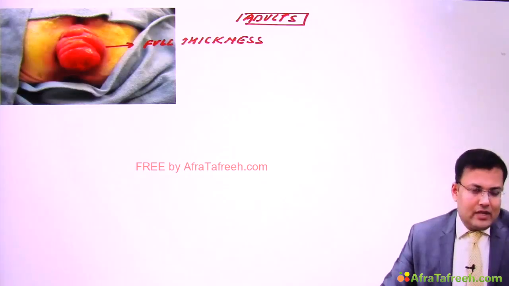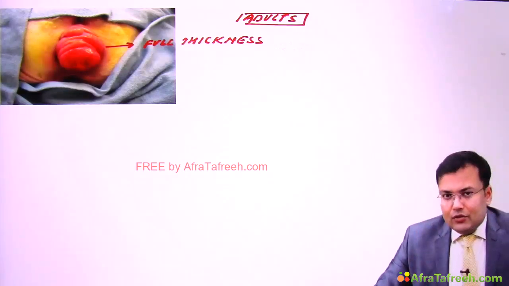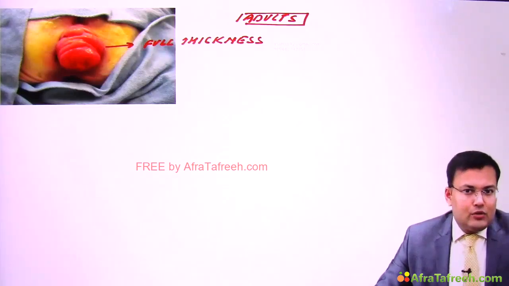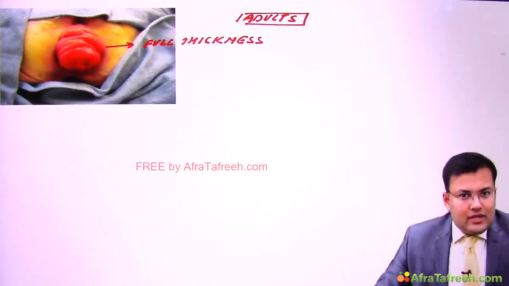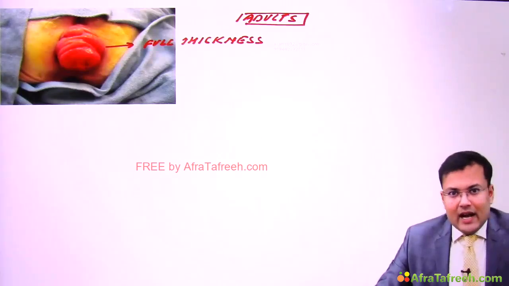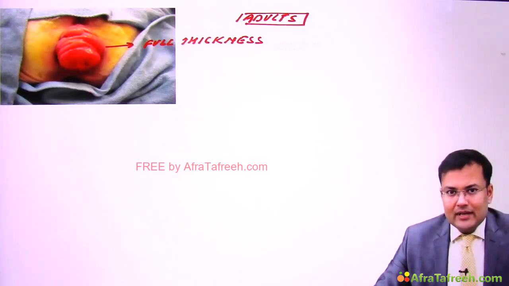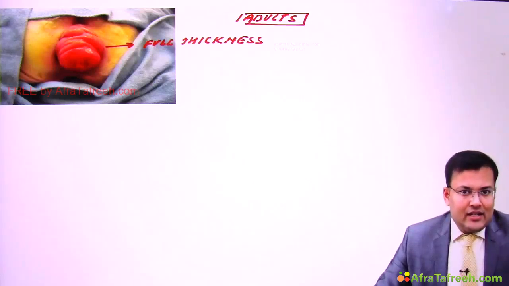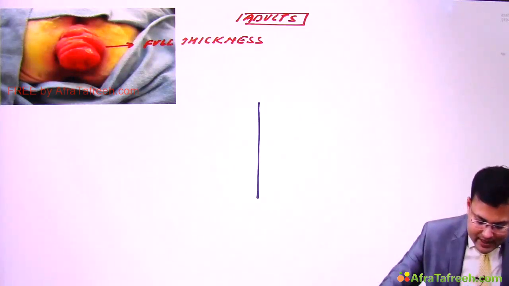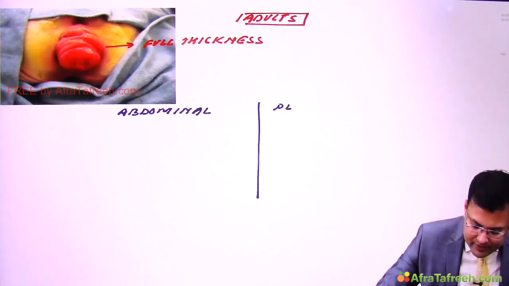So suppose I have to select for two patients. One patient is 40 years old, and the second patient is more than 60 years old. In the 40 year old patient, I don't want recurrence, that's why I will go for abdominal rectopexy. And in the patient who is more than 60, the elderly patient, I don't want any kind of morbidity, so I will go for the perineal approach. So in adults, rectopexy can be performed by the abdominal approach or by the perineal approach.